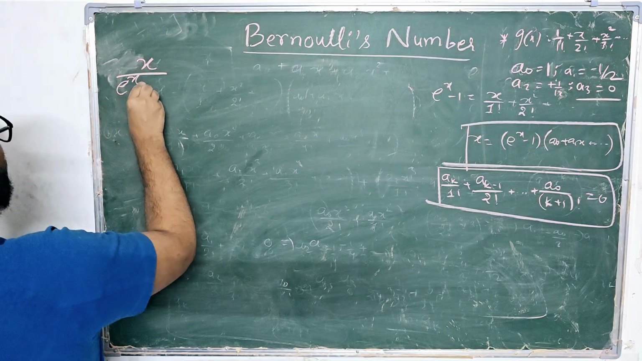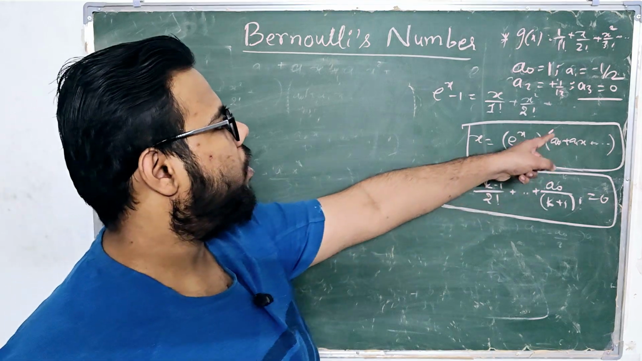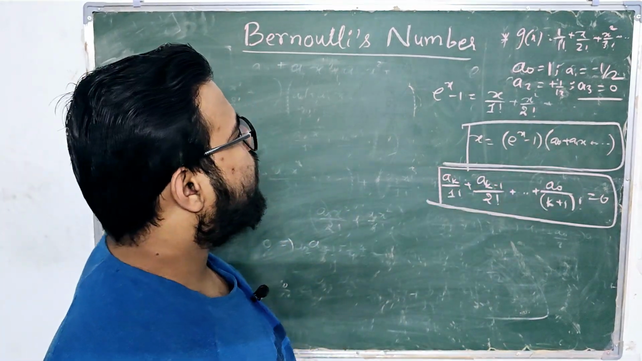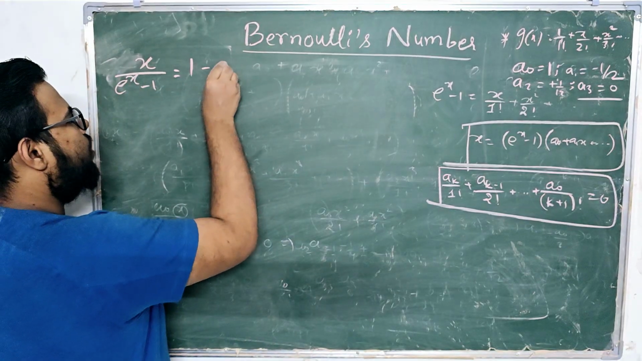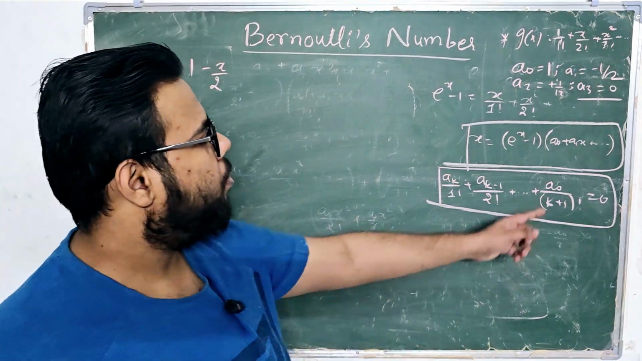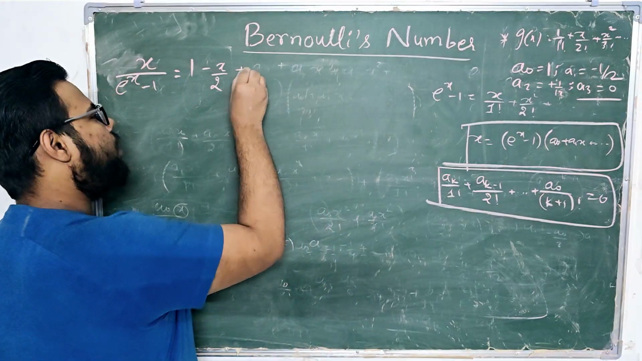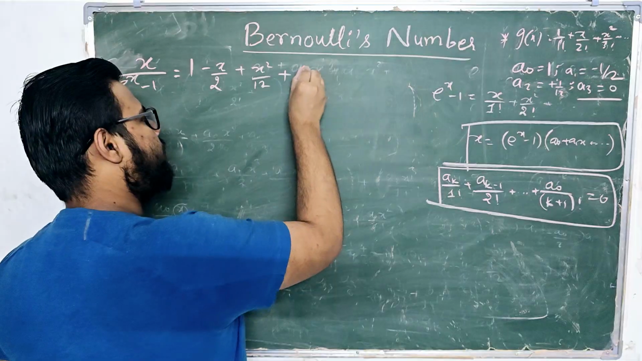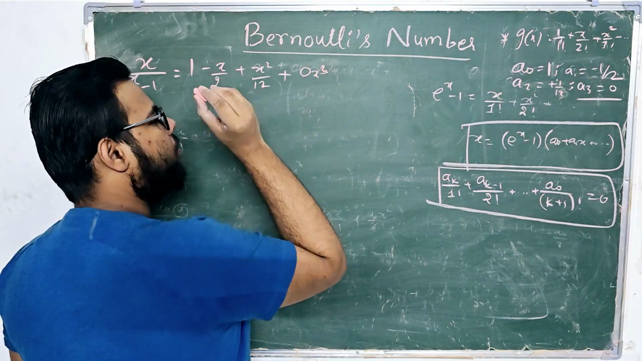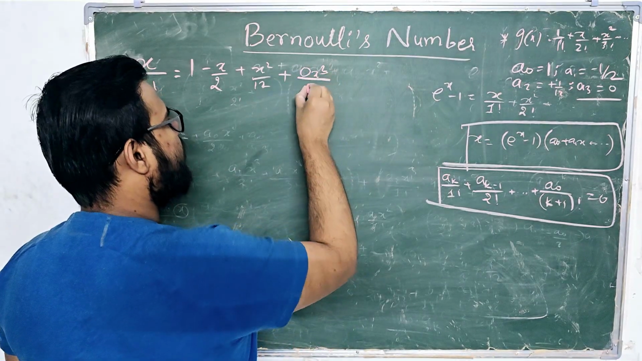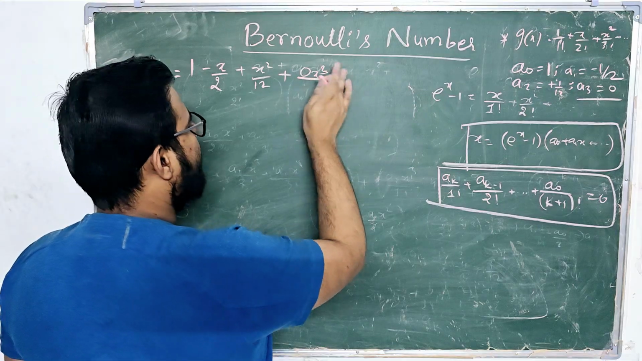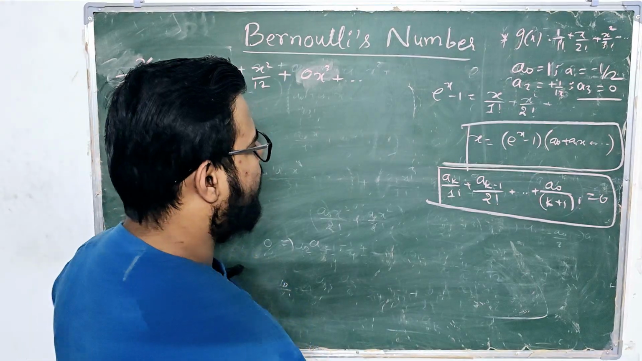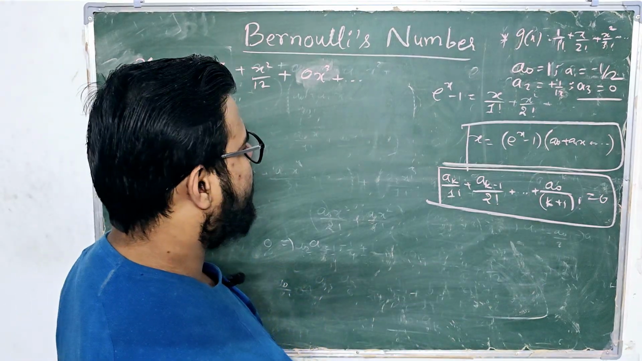X by e raised to power x minus 1 is a0. What is a0? a0 is equal to 1. So 1. What is a1? a1 is equal to negative 1 by 2. So we have negative x by 2 plus a2 plus x square by 12 plus a3 x cube by... that is 0 x cube. That is it. Okay, and so on and so forth till infinity, and you can solve for other coefficients using this